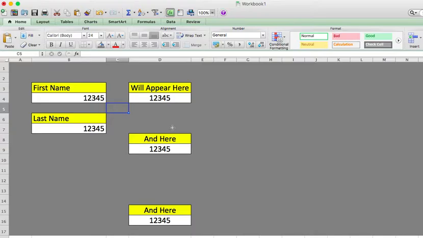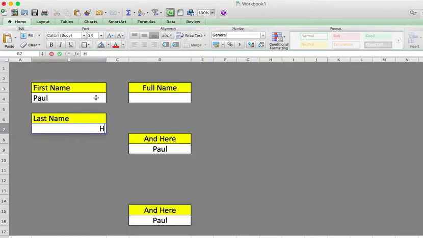So this is an extra little level to this. So just decided last minute that I'd throw this in here. So what if I wanted to be able to type first name here, last name in this box, and have it combine it into one? I can do that. So if it was Paul, all right, let's go